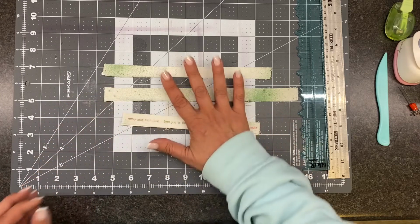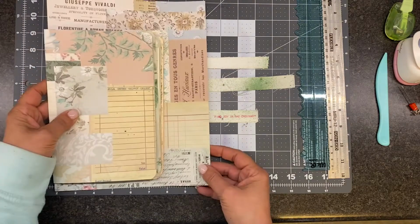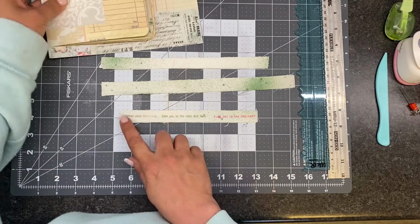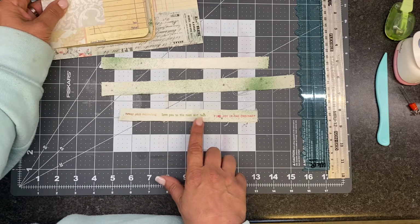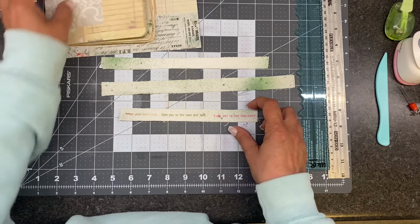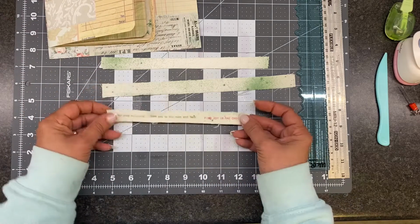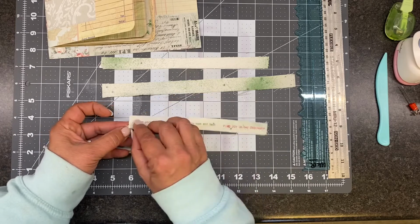Two little things we're going to do while we're playing is I have these lying around, and I think that they will look cute in this with this journal. So I created this one, Never Stop Exploring, Love You to the Moon and Back, which is what my mom says to my grandkids, or my kids all the time, and Find Joy in the Ordinary. But I thought, well, why do I have this out? This is the offcuts of